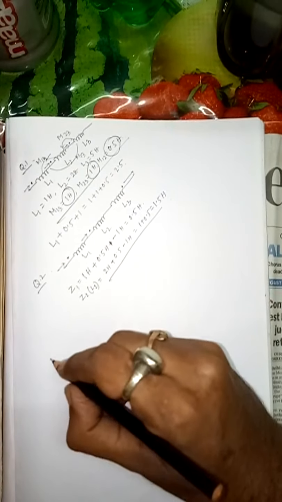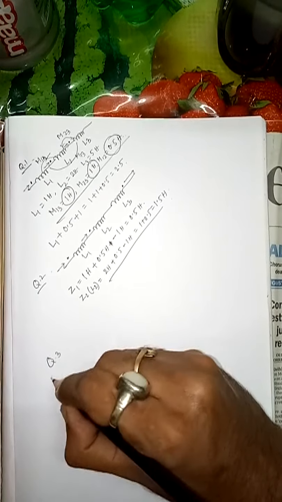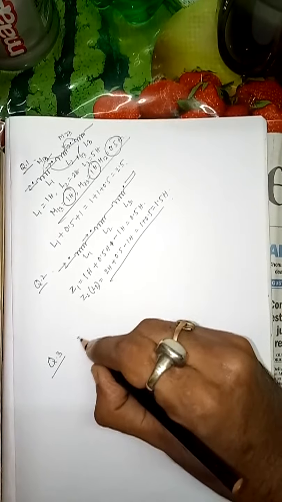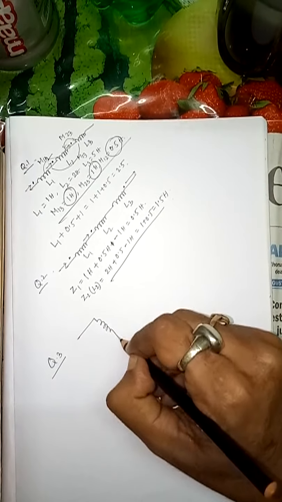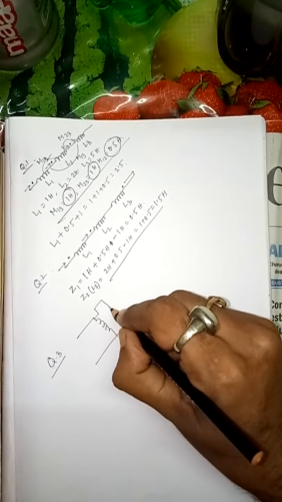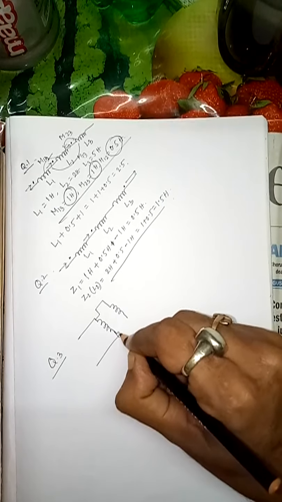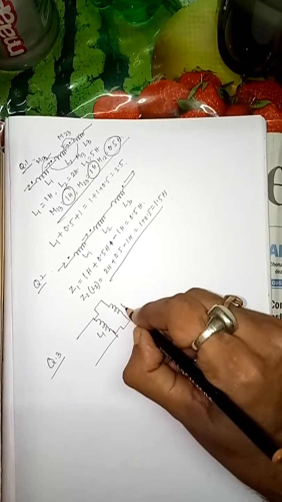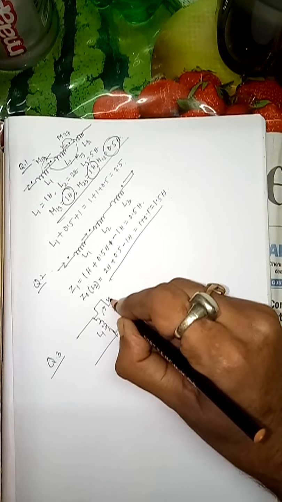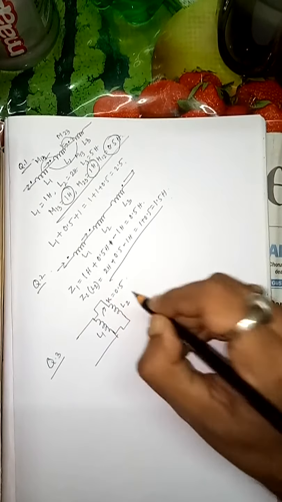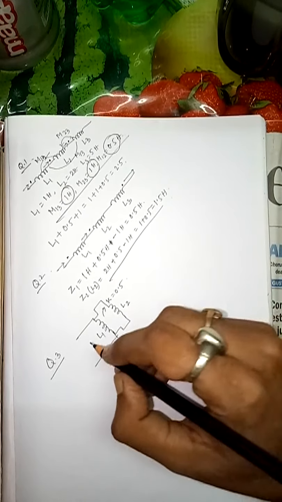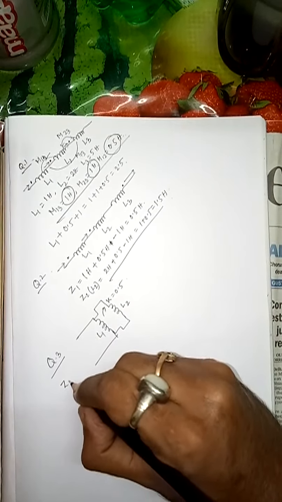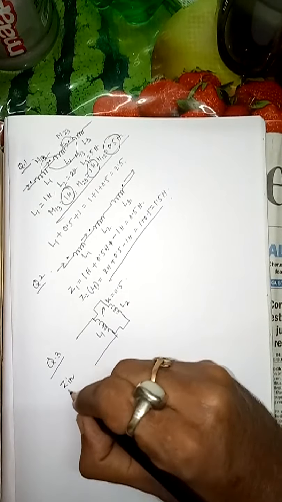Now another problem you can give is as question number 3. Here one circuit is given. In this way, it is given as L1, it is given as L2, it is given as K equals to 0.5. Now they need the input impedance. What is the input impedance of the circuit? That is the question. So how to do this?